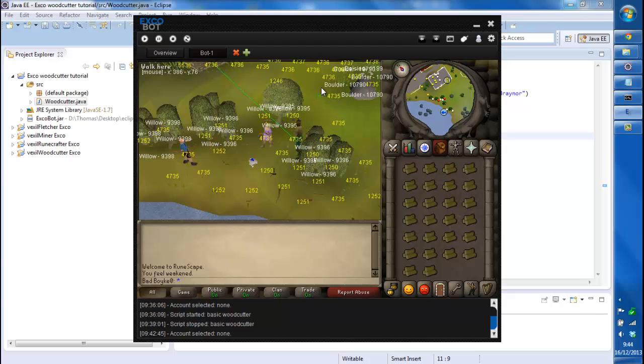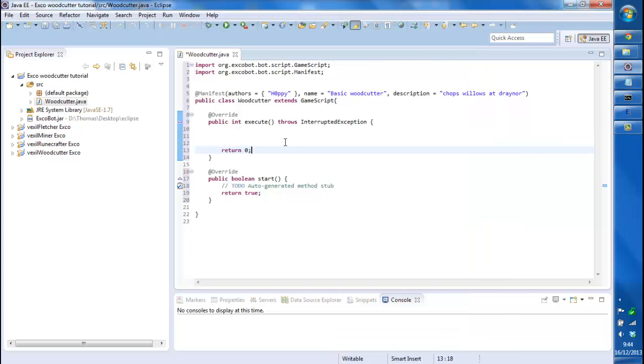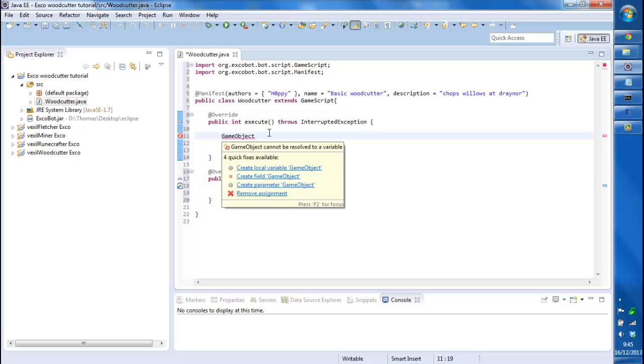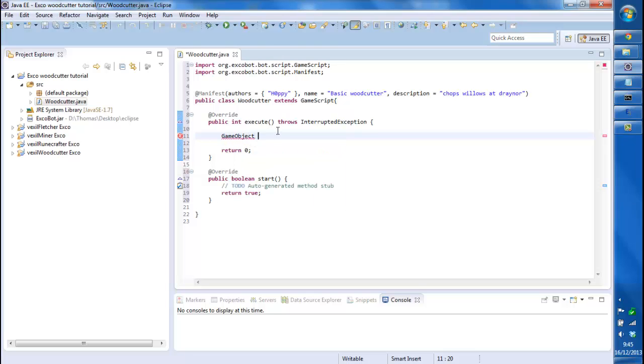So first of all, we want to get the object. The tree is a game object. It holds where it's located, where it is on the screen and stuff. It holds the models, the height, all the info. So how do you get it? You can just do GameObject. Make sure you have imported that. It will just pop up. GameObject tree